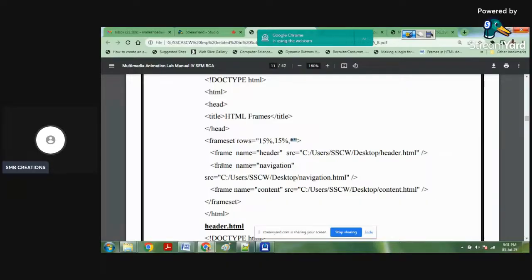Frame. Again, frame is a tag, and that too a self-closing tag. We are creating a header, then a navigation, and a content. After all, you can close the frameset tag. So the frameset tag is an opening and closing tag, and frame is a self-closing tag. In that frame, we are using src and